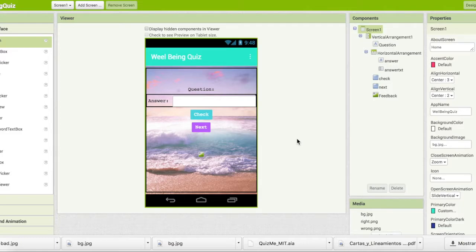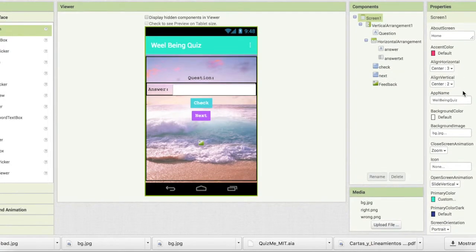Okay, so I have right here my app. There are a couple of things that I want you to notice about this app that you should be really working on right now, because I've seen that many of you don't change basic settings of the apps. These are the following. In here, when we click on screen one, we have a lot of settings that we